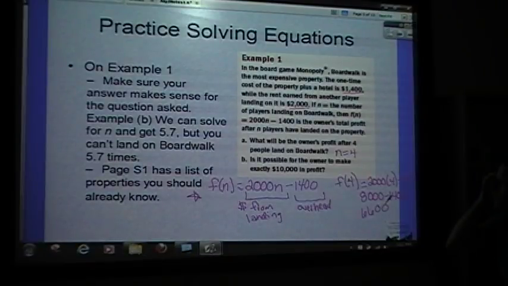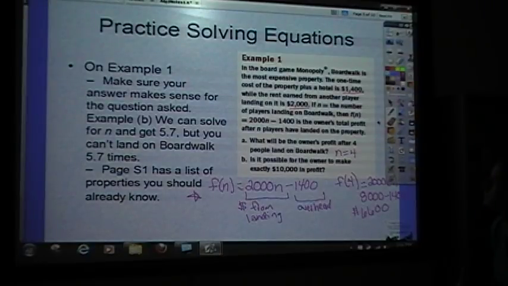After you solve any word problem, it's good to think about the context. It says what will be the owner's profit. So we are talking about money here. You should give a money sign. And then you need to make sure that makes sense. Does that sound right? Well, yeah, I think it makes sense in the context of the problem. Each time someone makes 2,000, I probably would have guessed close to 7,000 if I was just going to guess without working the problem. Very good. The next part of the problem is asking,